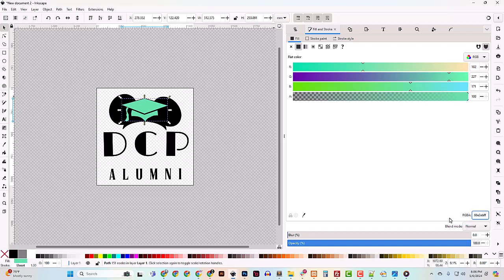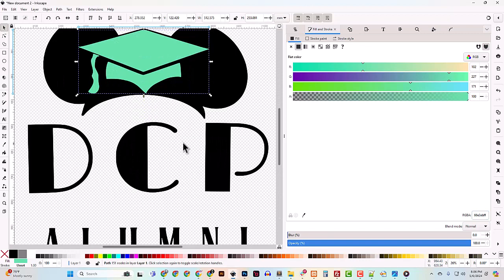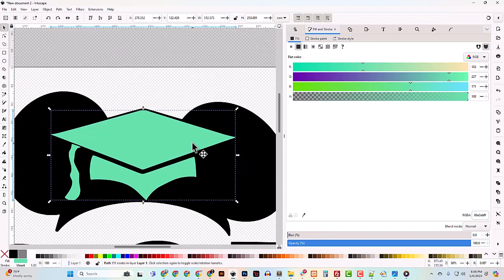This is an 8-digit RGBA hex code. Hex, I think, means 6. I'm not real sure about that, but that FF is the alpha value, so FF is 100% opaque, no transparency. And so there's that